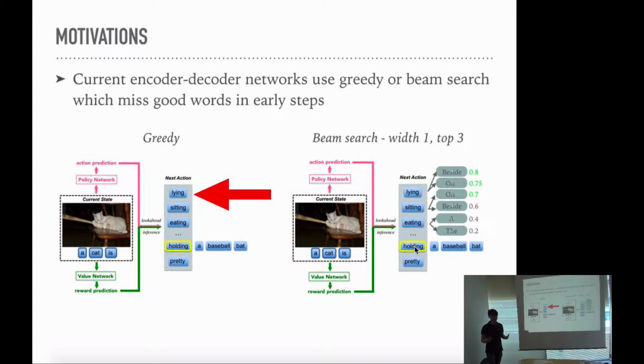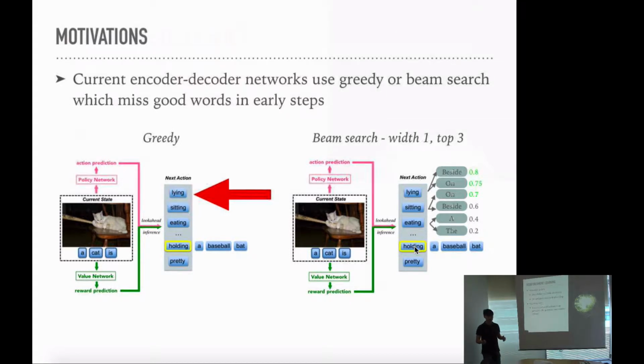A bit better than greedy search is the beam search, which takes a width and a top K. So let's say we want a width of 1 and top 3. What this does is you find the next word, and find the words with the best score, and pick the top 3. So let's say there's lying beside, lying on, sitting beside, eating A, and eating that. We're going to take the top 3, which are lying beside, lying on, and sitting on, and do this iteratively to collect the best sentence. Of course, this doesn't take into account all the possibilities. So this is something that we want to improve on using reinforcement learning.